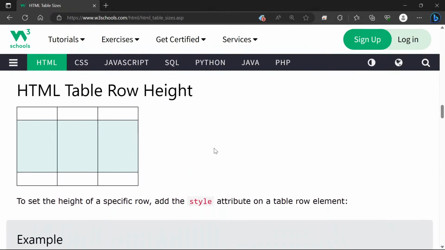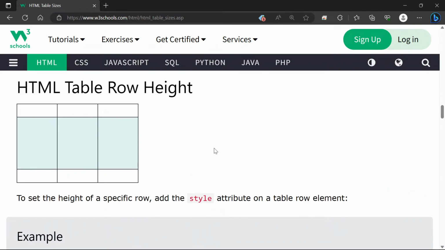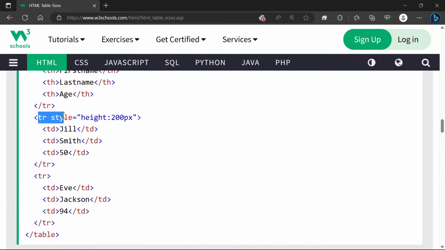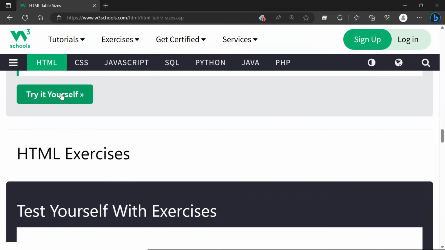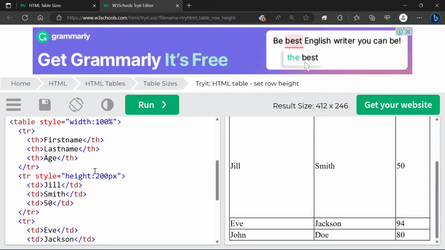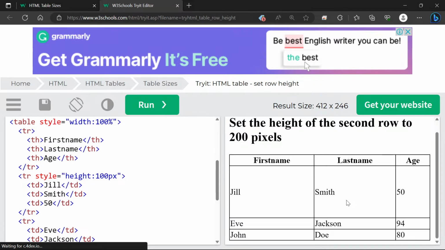Now let's move to the next topic, which is table row height. We just saw how we can give table column height. Now row height, if you want to do it, the table row is for that only. Tr is the tag where you can give the style and height, whatever pixels you want. So here it is given as 200 pixels. So for this particular tr, which is the very first, it will consider 200 pixels. Let's say you don't want that much and want 100% pixels, sorry, so it is getting applied to that particular row. Likewise, you can have more rows and their height set as well,